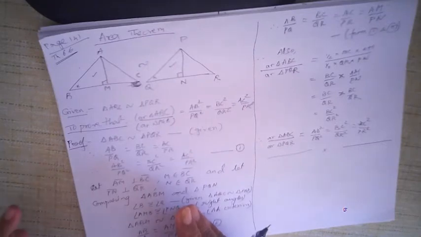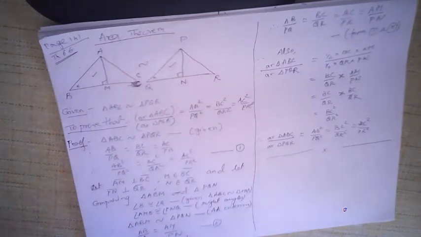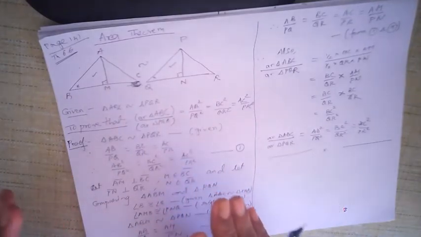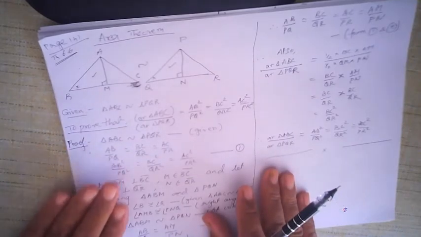In the board exam, you will not be asked to prove the area theorem or prove theorem 6.6. You will be given a statement: Prove that the ratio of the areas of two similar triangles is equal to the ratio of the squares of the corresponding sides. This will be given as a question. That means you should recognize that it is the area theorem and therefore you must prove it like this. In the textbook, it is given in a similar manner, but there are lots of blank spaces. My suggestion is you write this down in the notebook and learn it.